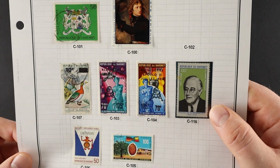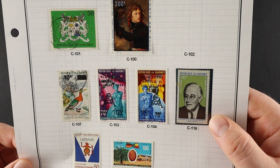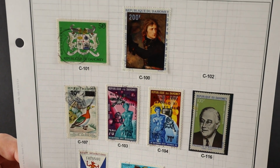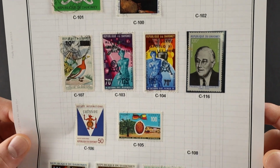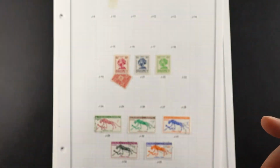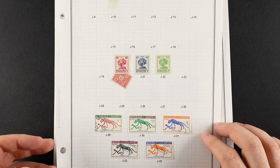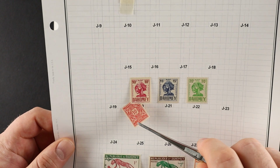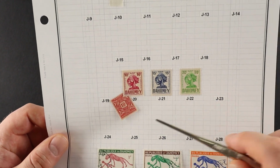Another one that they bothered to mount. Yeah, I have no idea of the value of these. I'd have to go and look all of these up, see what they're worth, you know. Off the top of my head, I have no idea. Some more postage dues. Looks like we got a loosey-goosey guy, too. Kind of sad, but